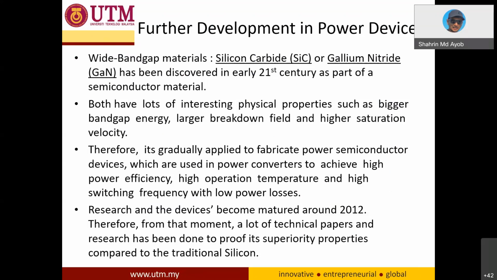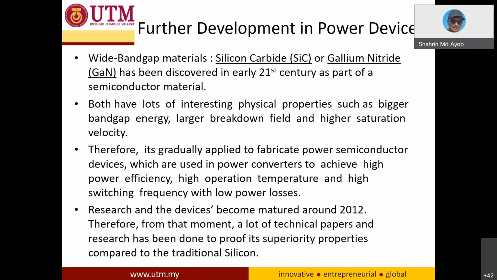So right now, we have a new technology, where we combine silicon with carbon. We call it silicon carbide, a new material technology. The other one is gallium nitride, which is GaN. So sometimes in the market, like Shopee online, you have what I call a GaN charger, very fast charging because it can produce high current to the battery,